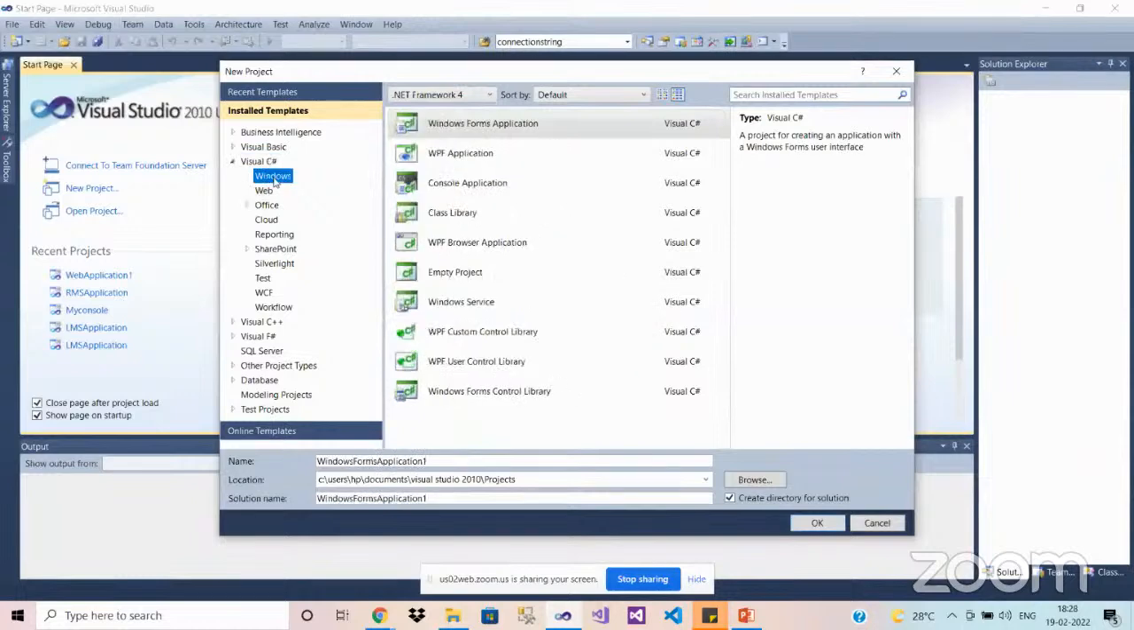You can also create, as I already explained, some of the applications like web application. You can also create Windows